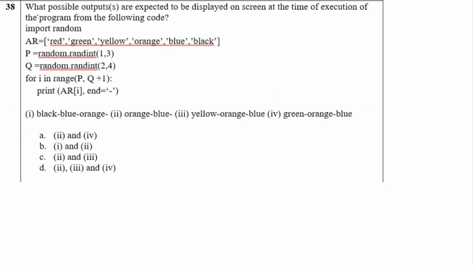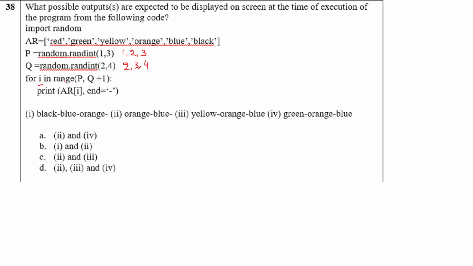Next question. What possible outputs are expected to be displayed on the screen at the time of execution of the program from the following code? AR equal to this list, P equal to random dot randint 1 comma 3. So P will take the values 1, 2 and 3. Q will take the values 2, 3 and 4.